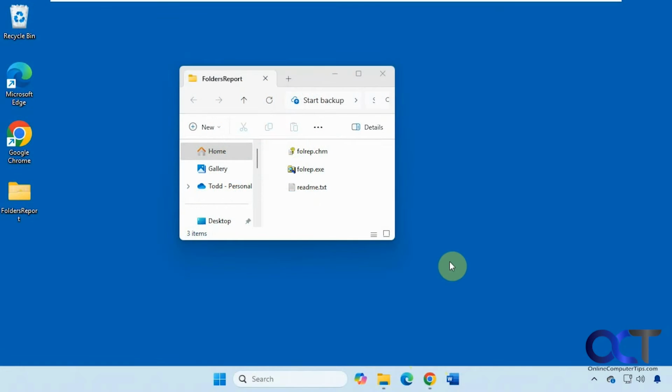Hi, in this video we're going to show you a nice tool you could use to create reports from specific folders on your computer. It's called Folders Report by NirSoft. They make a lot of nice tools and they're all free for the most part. After you download it, there's nothing to install. You just extract the zip file and run the executable